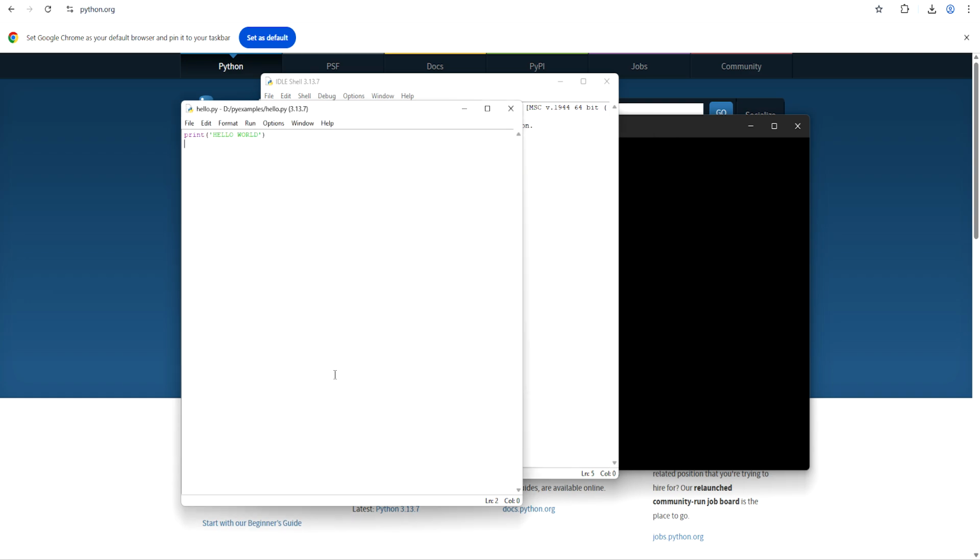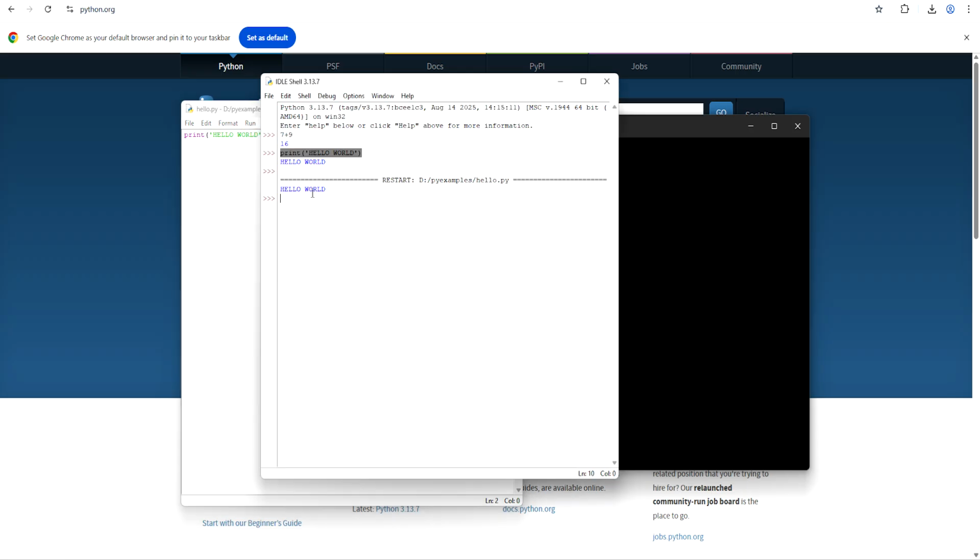So this is the code, and you can see the directory here, D:/python py examples/hello.py. You can run it here by clicking on Run Module. It executed here and it printed hello world.